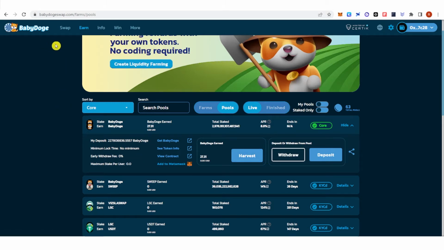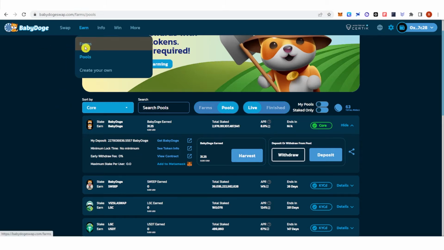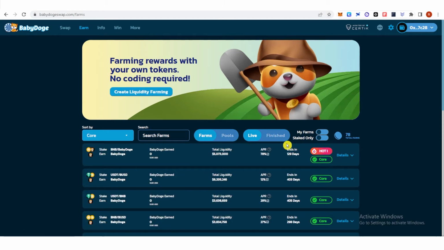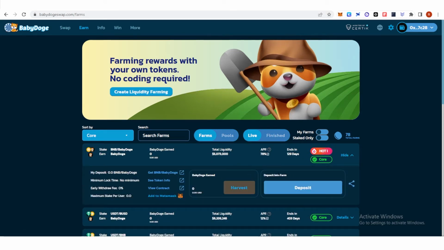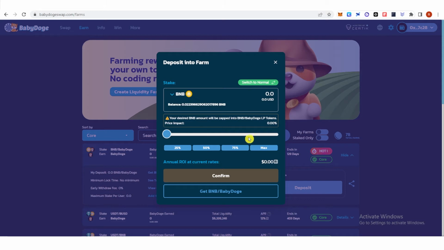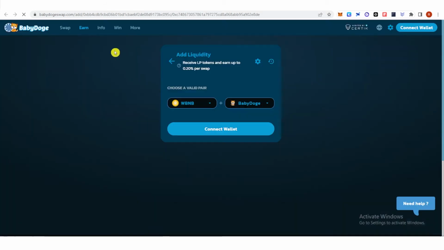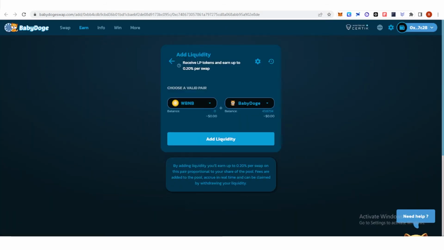On the other hand, you can also choose farms here. So for example, we're going to choose this and click deposit, and you are going to need to get a BNB Baby Doge pair. So you will need to add liquidity here and choose a valid pair. For example, I want a pair of BNB and Baby Doge, so I will click here and click BNB